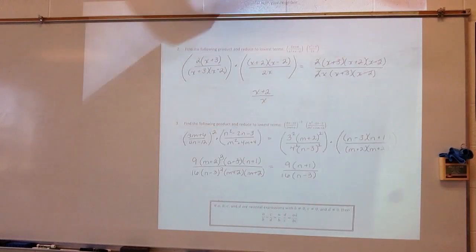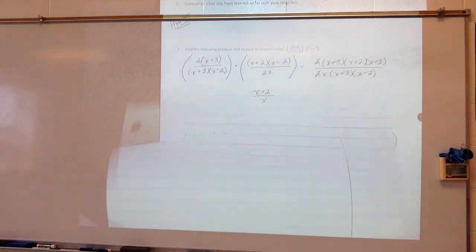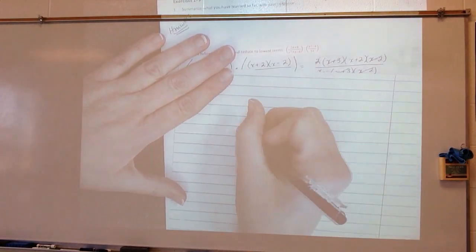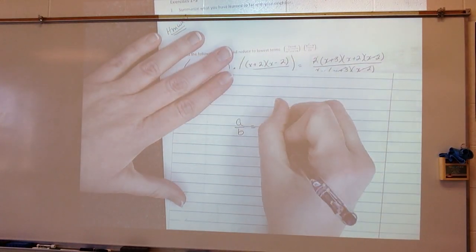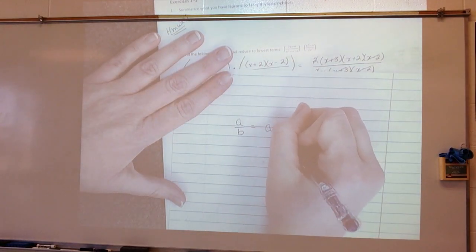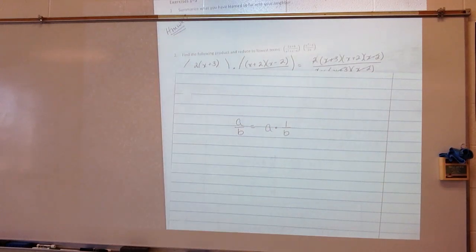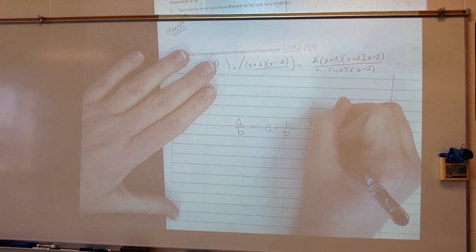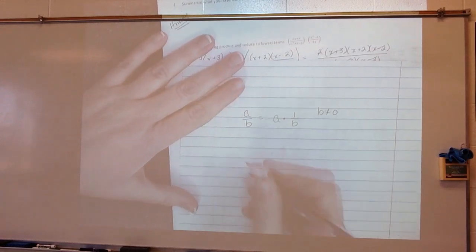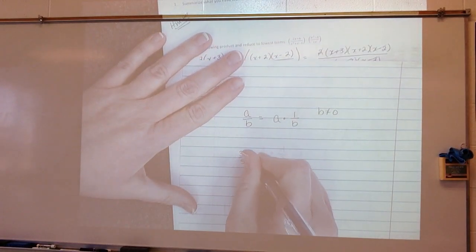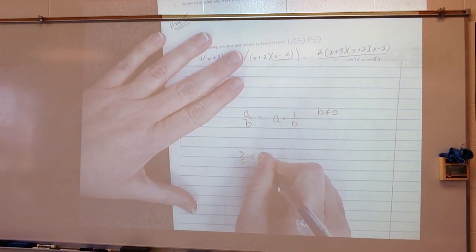Okay, so we have a rule here. Let me talk about it just a minute. When I have A over B, that is the same thing as saying A times 1 over B. B cannot equal 0, obviously. So if I have 3/5 divided by 4/7,